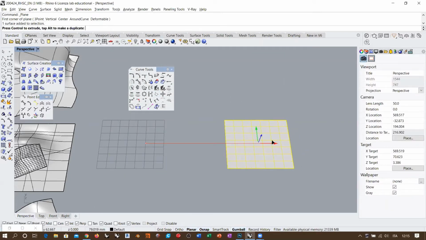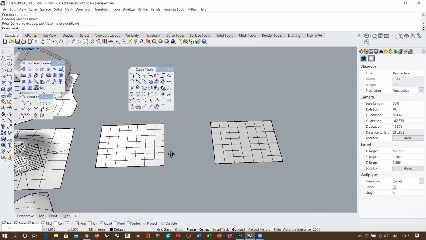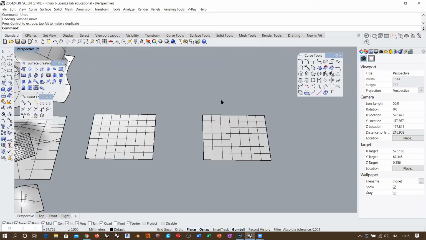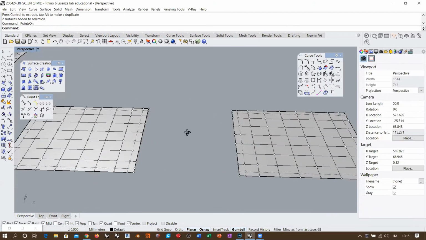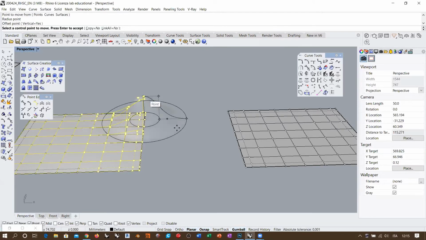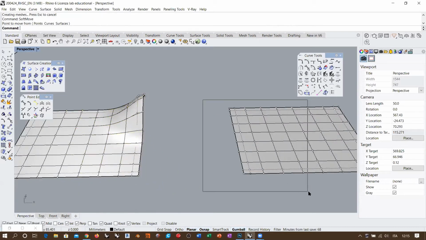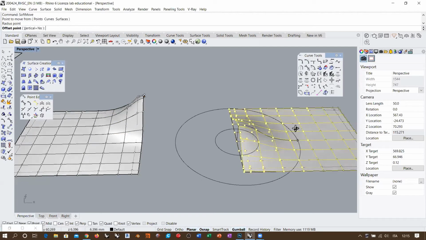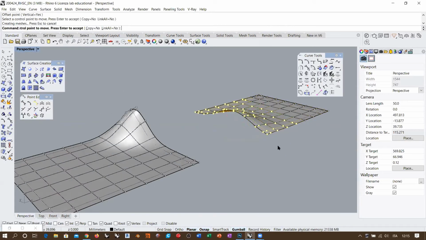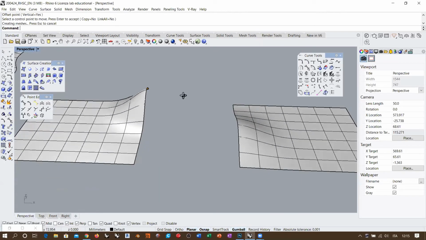And so I'm going to copy this here. Okay, and I'm going to create some deformation here, with a soft move actually. So I'm going to select only this point here, and deform this area, and I'm going to deform also these points here like this. Okay, so we have two double curvature surfaces facing each other, and what I want to do is to create a